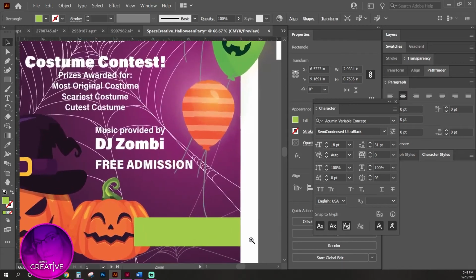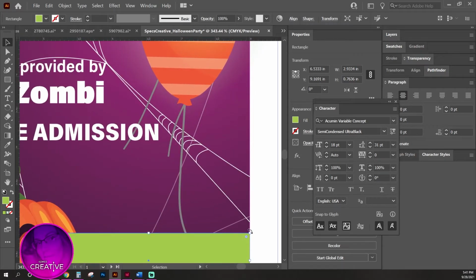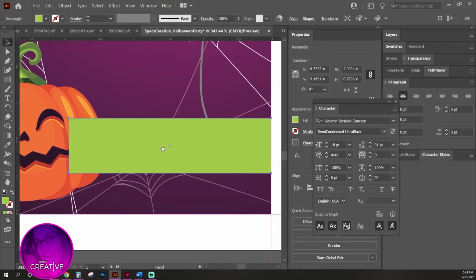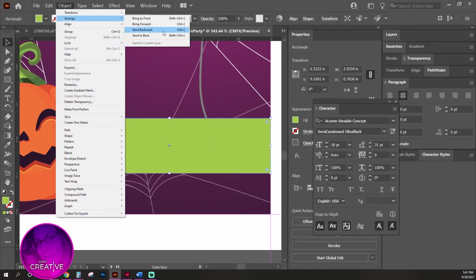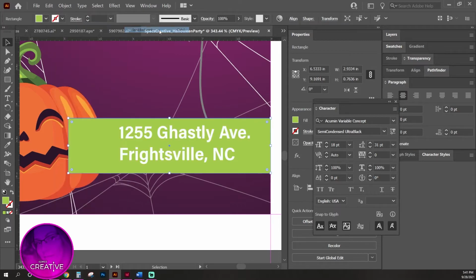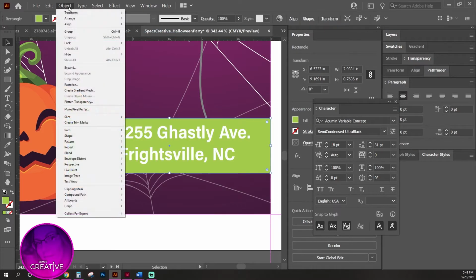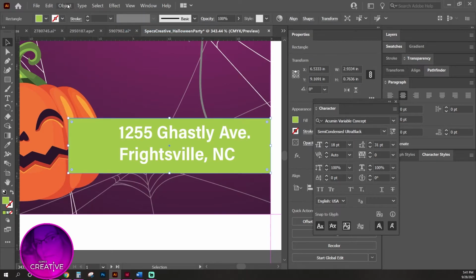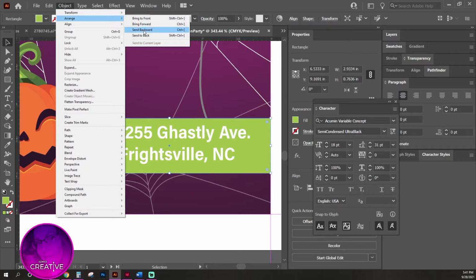I'm going to zoom in here. That is aligned with my margin guide here. And I'm going to go to Object, Arrange, Send Backward. And I'm going to send it backward again because not only do I want it behind the text, I also want it behind the little pumpkin. And so I might have to step backward a few times until it gets